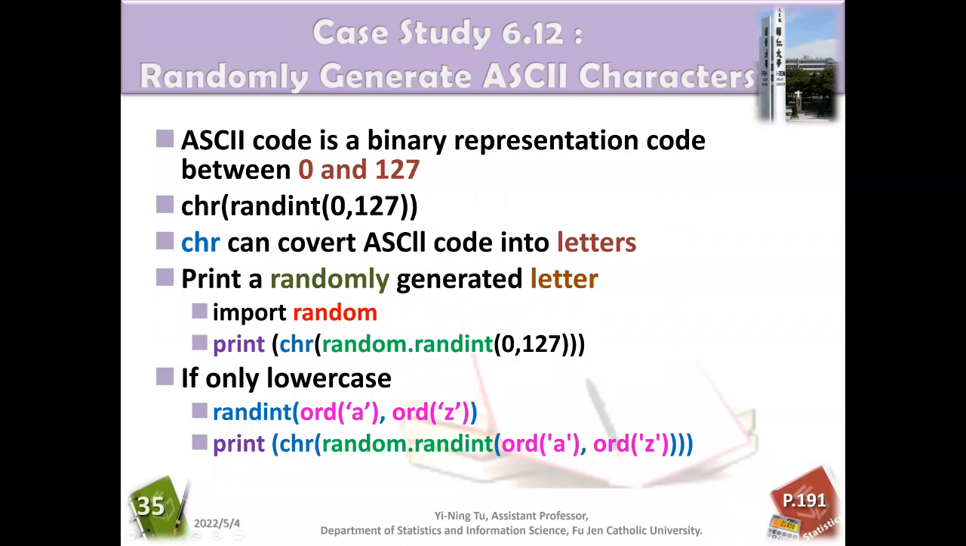So now we will talk about case study 6.12, randomly generating ASCII characters. ASCII code is a binary representation code between 0 and 127. We have already demonstrated this in our class. If we use a function we call CHR and give it a number, I have already told you that